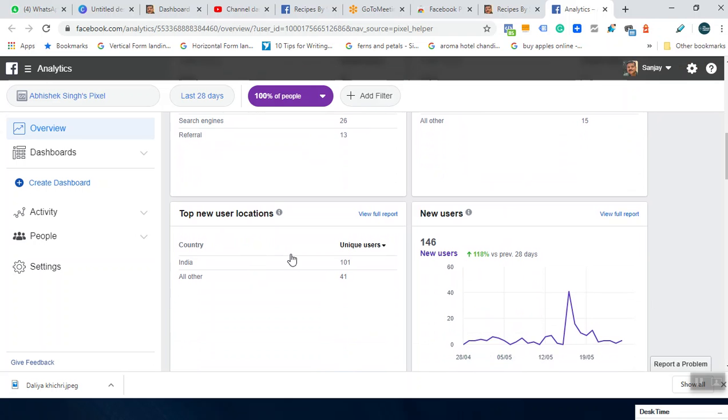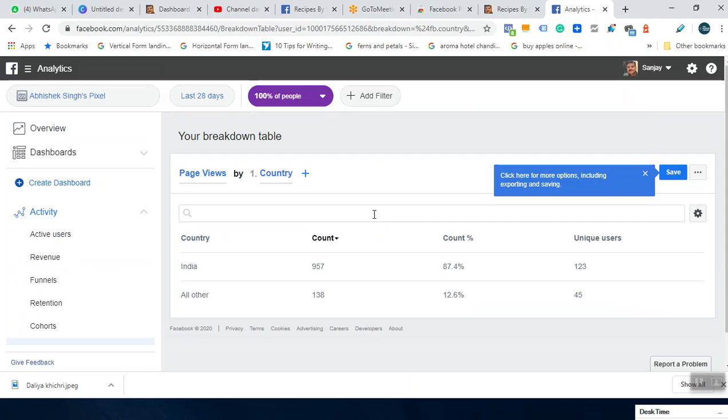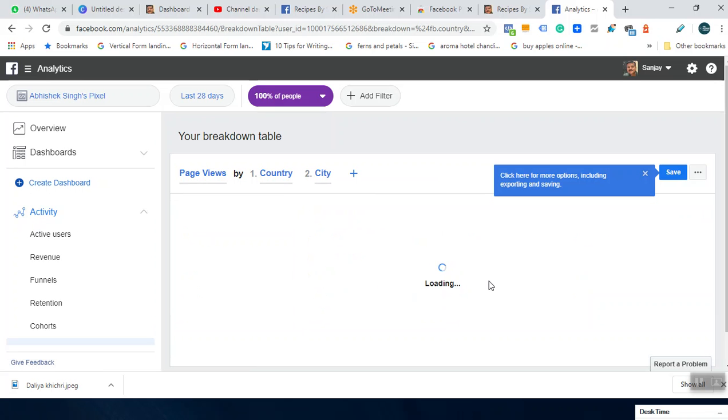Then top new user location, India 101, all other 41. You can see the full report over here. So all other country, so India, it is saying 957, and then this is all other 138 count. Let me see whether I can include other things. City I can include, which is not there.